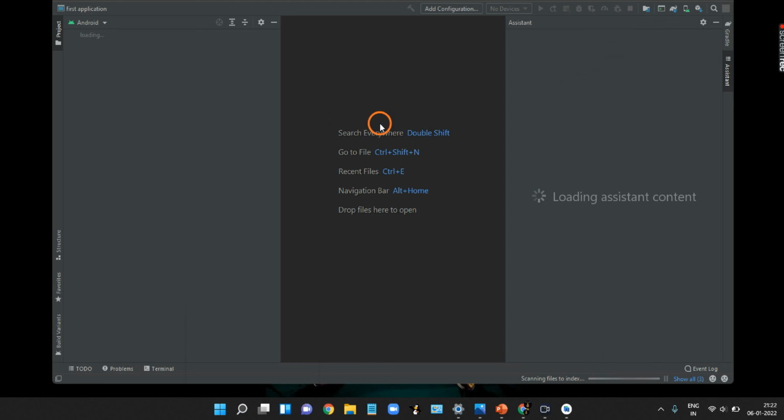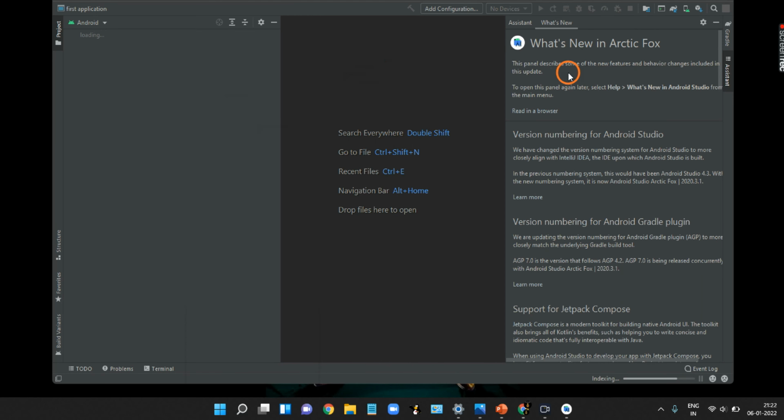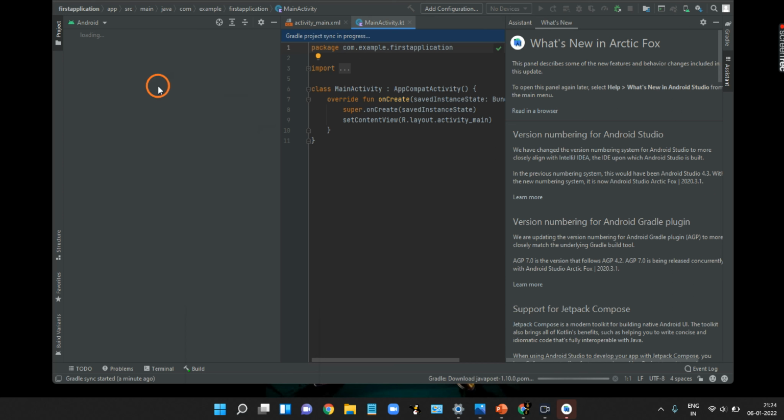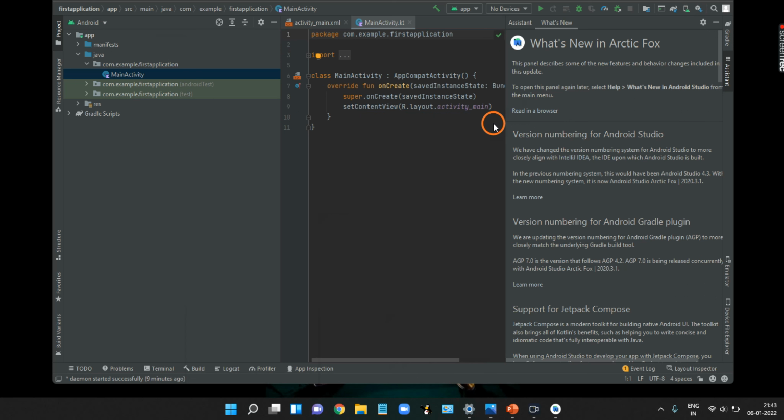When you open this the first time, it takes some time to load. As you can see here, it's still loading. You can see the Gradle is getting downloaded here below. Once all the loading and downloading is done, your Android Studio will look something like this.